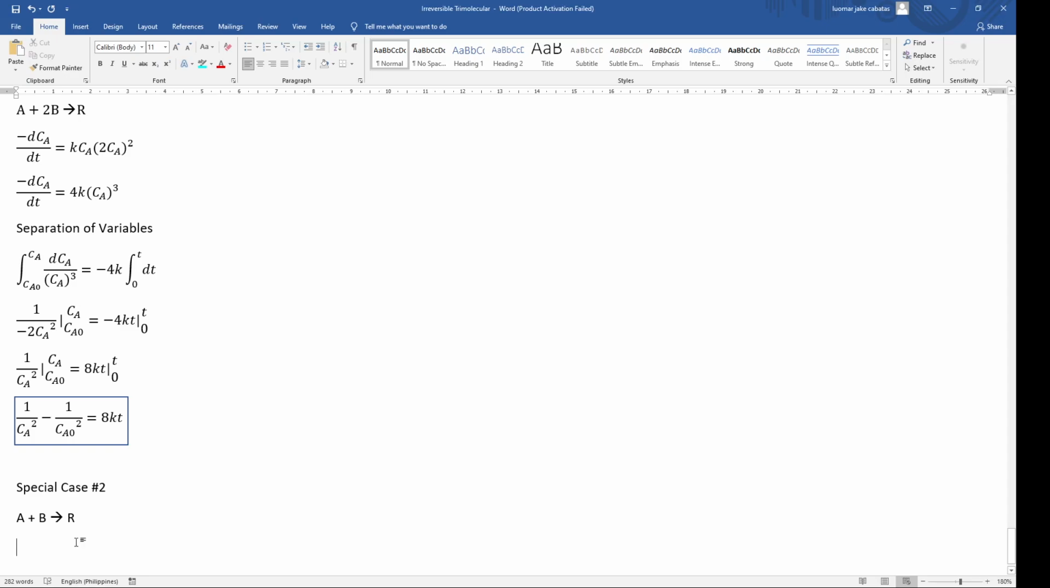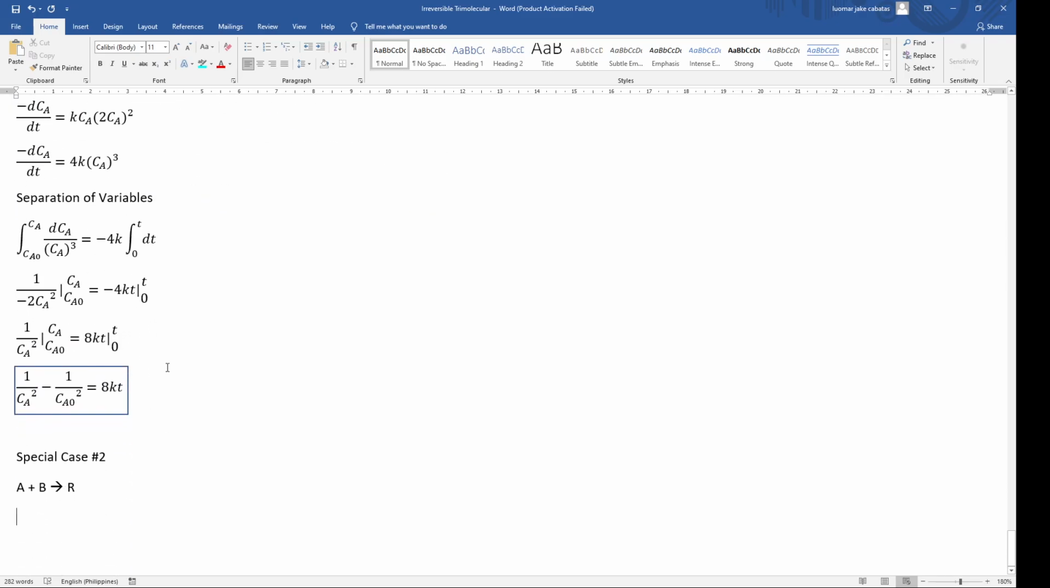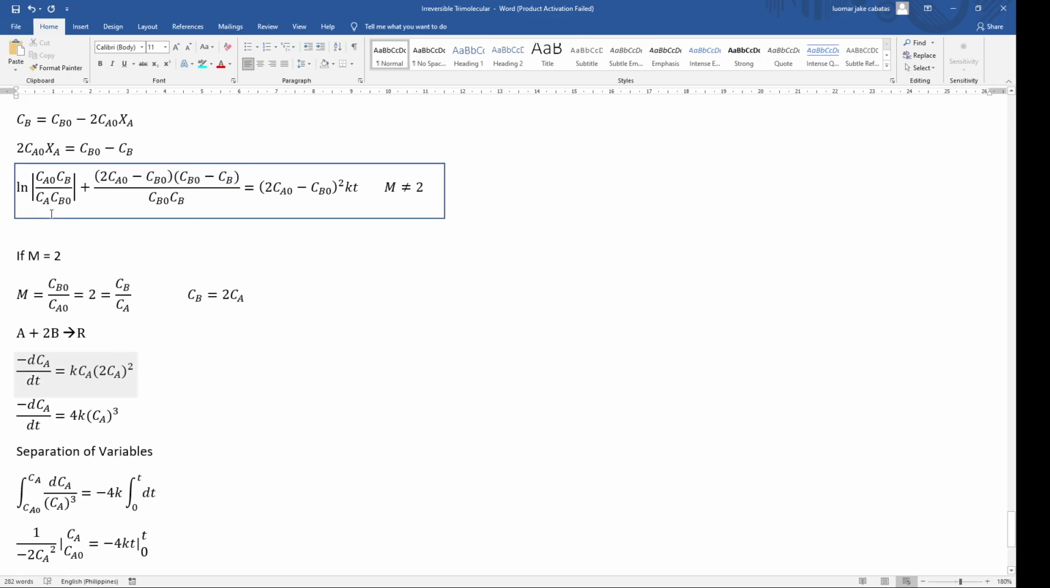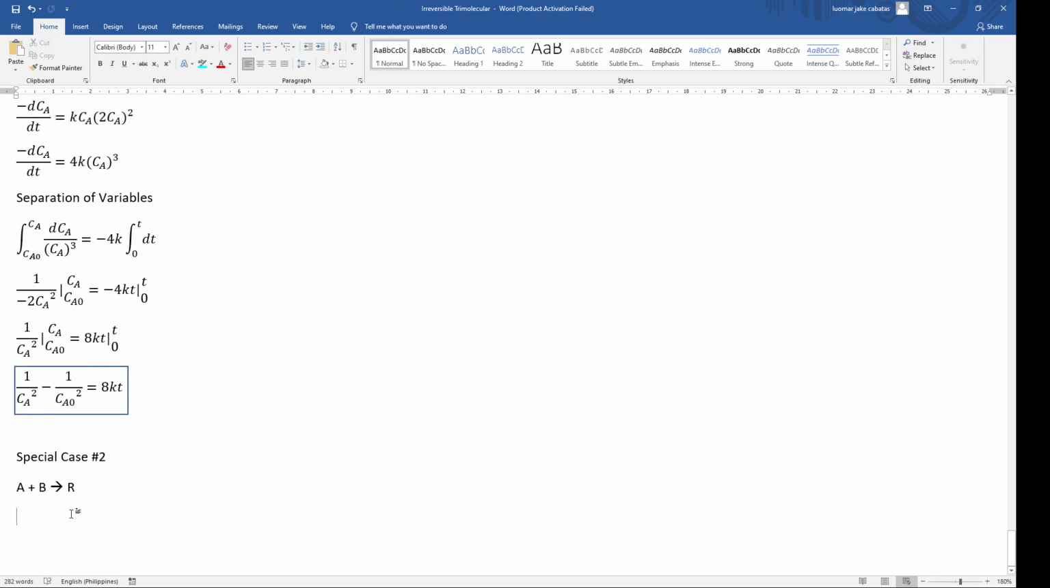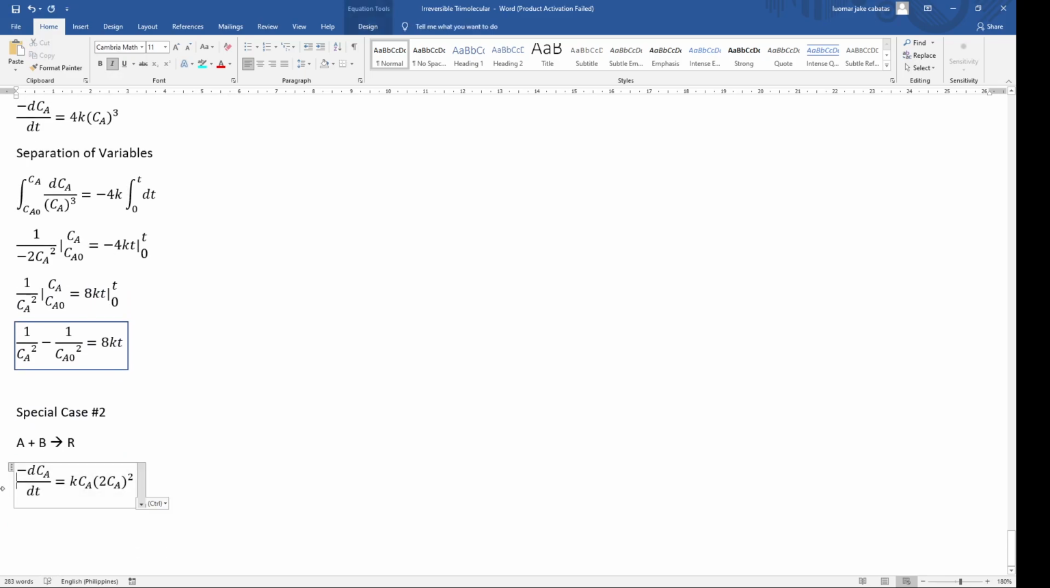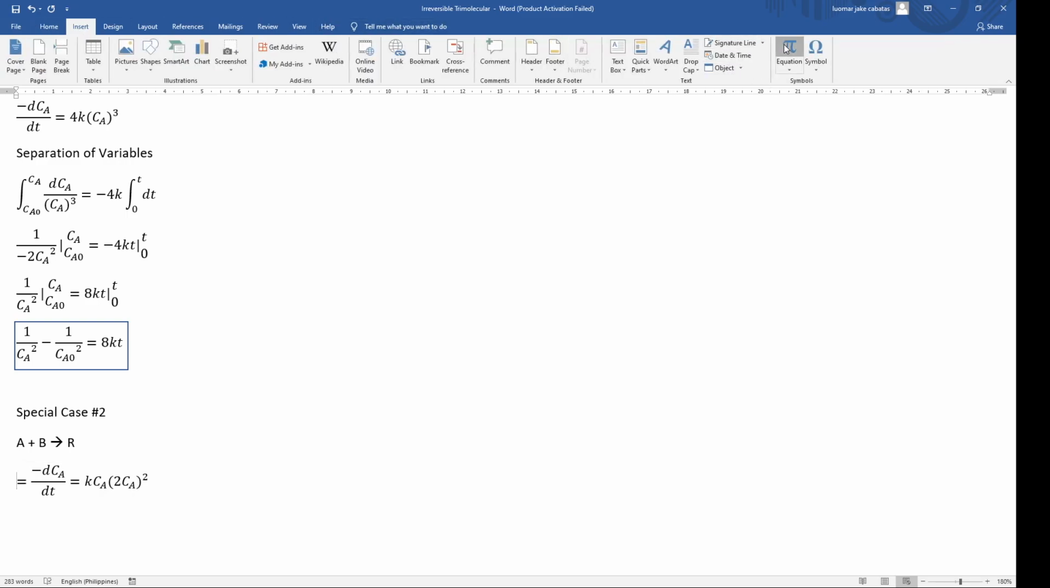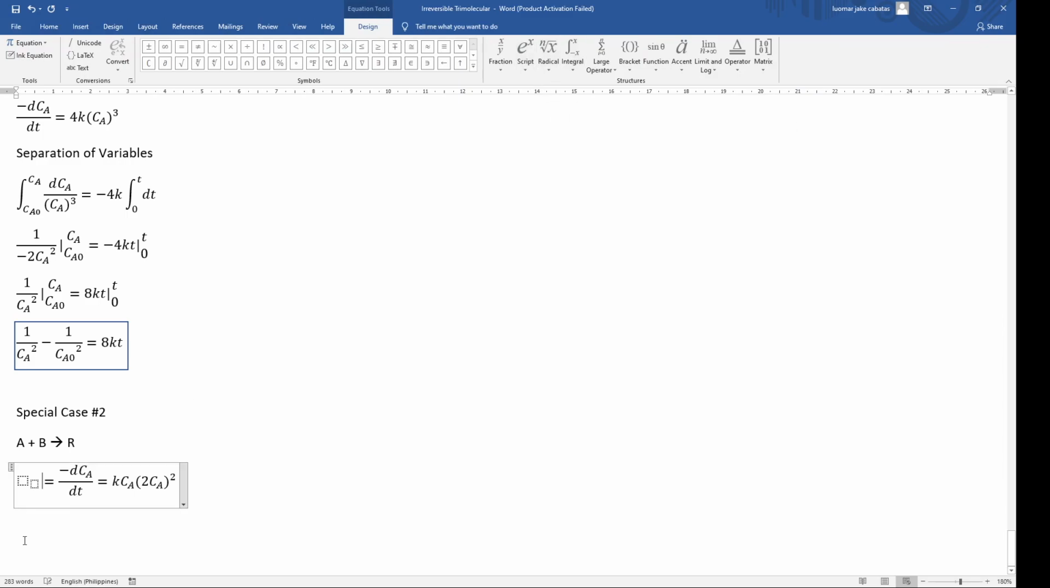So another special case for a trimolecular reaction is this. We have A plus B forming R. This time B doesn't have any coefficients. So for that, applying the rate of reaction equation, negative rA